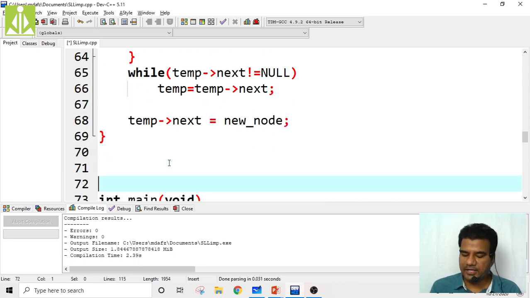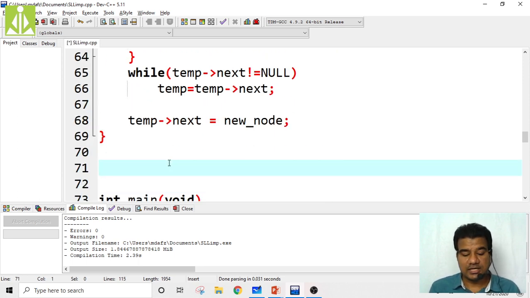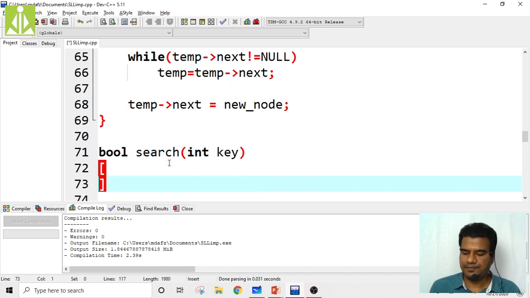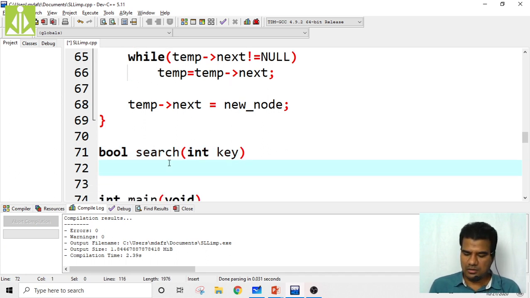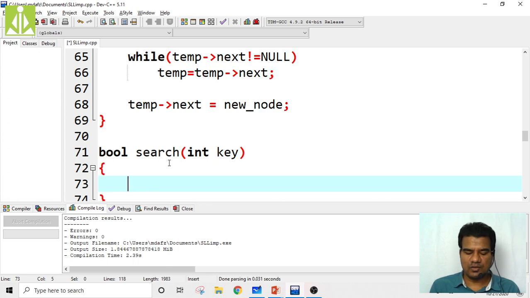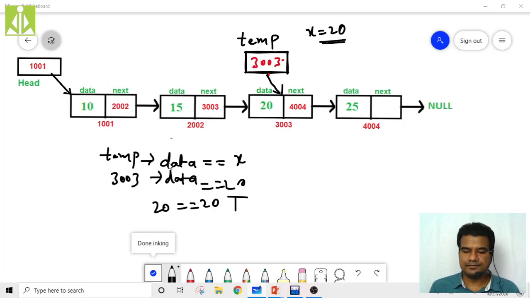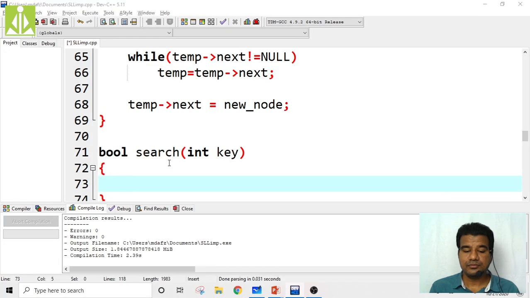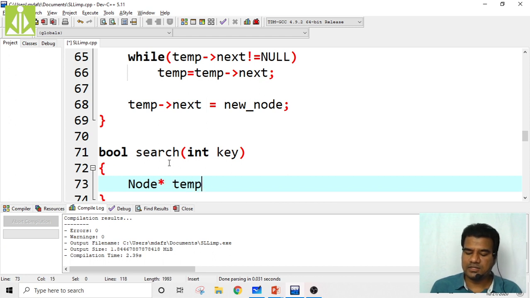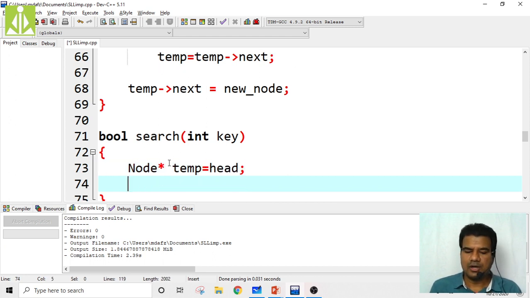Here we are writing the search function. The search function is going to return a boolean value: boolean search, passing int key. Let us assume I'm passing key. Inside it, the first step is to create a temporary node pointer, Node star temp equals head.